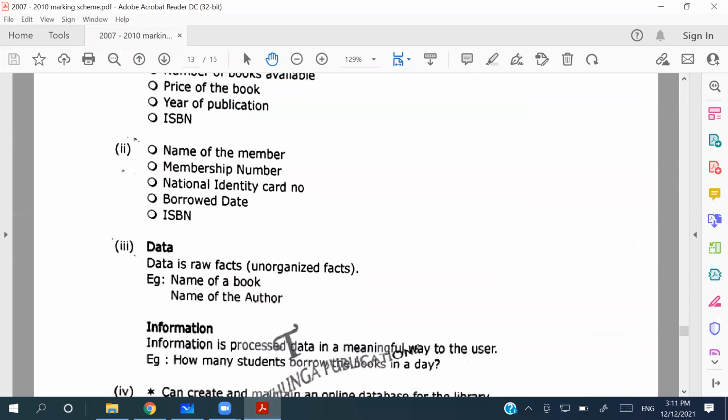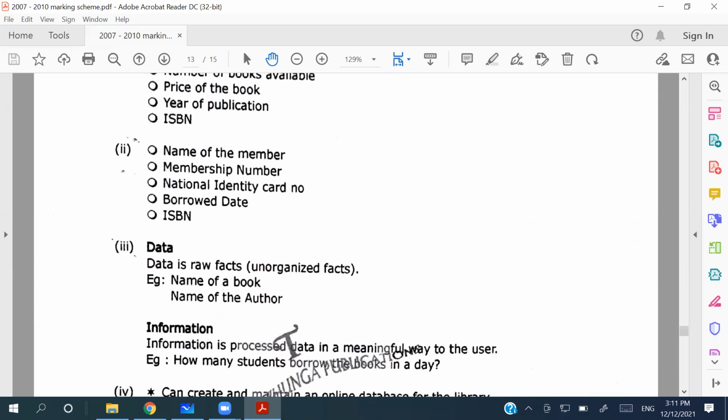So data and information. So we have data is raw facts, right? Or unorganized facts. Simply information, you can say when data is processed meaningfully, we can have an information, some idea which is similar to that, right? So here it says information is processed data in a meaningful way to the user. And look at the examples. So for data, they have taken the name of a book, name of the author,